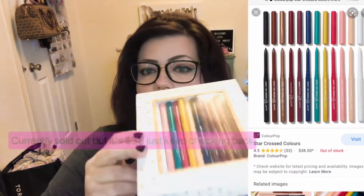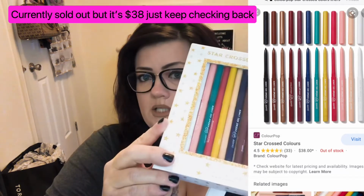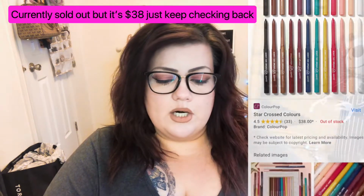Also, the next thing, I think everything's pretty much makeup that I'm going to talk about today, so hopefully that's okay. I got the ColourPop Star-Crossed Colors, and there's 12 different eyeliners. Now these are cream gel liners, and they're from ColourPop. Let me show you one of them. I'm just going to pick a random one. Let's just pick this one. It's Charmer,